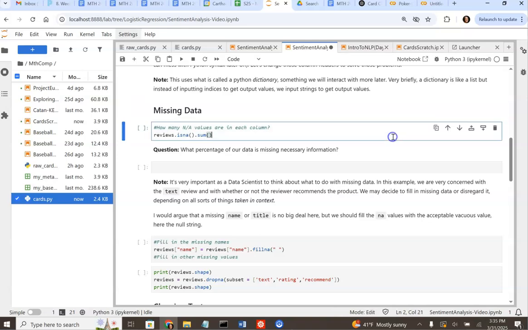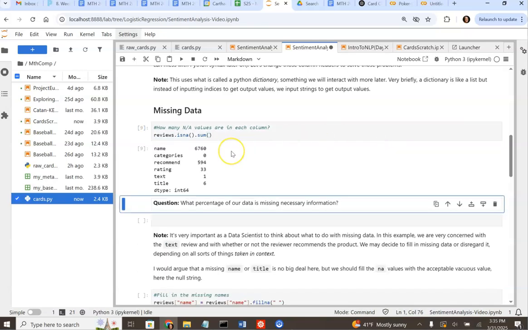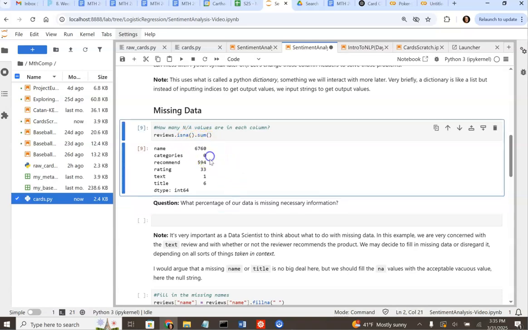about that missing data. So our reviews data frame has this isNA function, which by itself just puts a true or false value everywhere based on whether or not it's an NA value. But we also have the ability to sum across columns in a data frame to tell us in all how many values are missing. So that's what this line of code does right here, and we can see the output is helpful in telling us that quite often, actually, we're missing a name. We're never missing a category of an object. Rarely are we missing a text or title, but we are somewhat frequently missing this recommend column in our